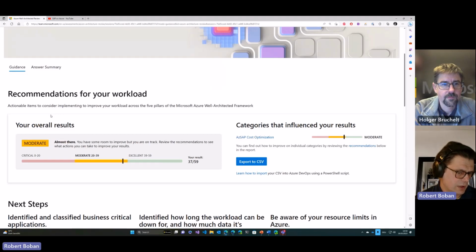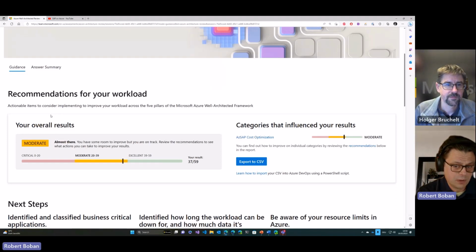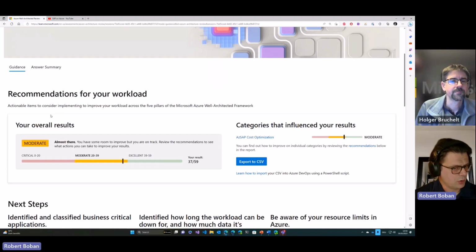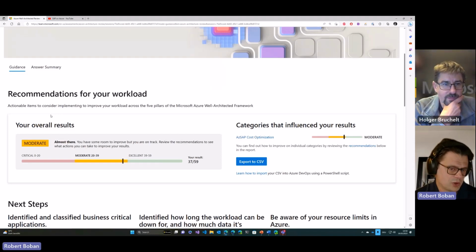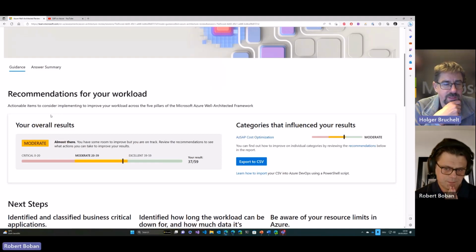for next phases. And the assessment is also going in the direction of checking the knowledge of the partner, the knowledge of the customer team. Are we on the right level? Do we need to improve our knowledge also? It's also good for us. I'm sometimes using that for myself just to see, okay, is there something new? Because we are constantly changing these assessments, improving them, not changing, improving them. And we're trying to somehow keep them in sync with best practices. And then new questions come up and new ideas that you can leverage in your next assessment that you're